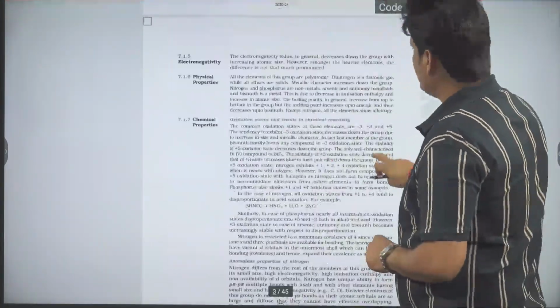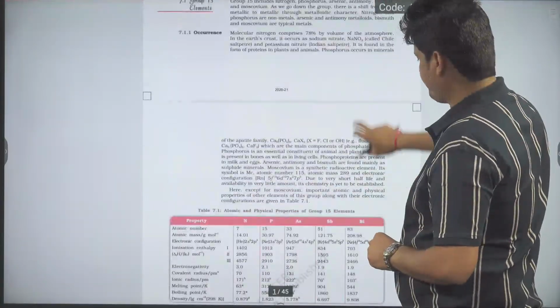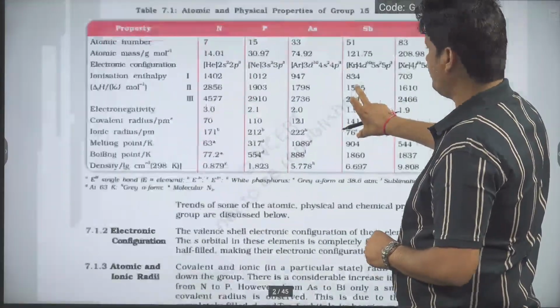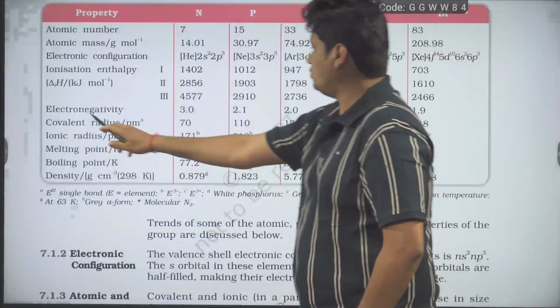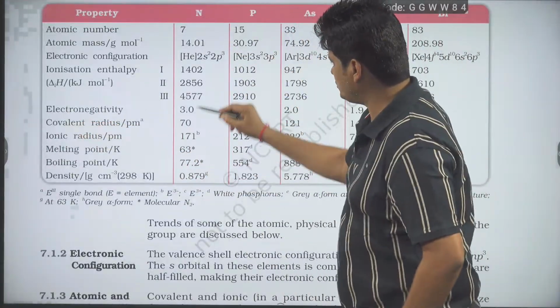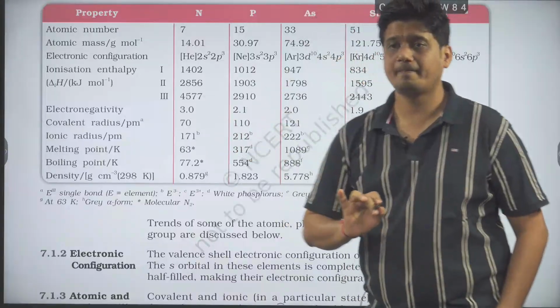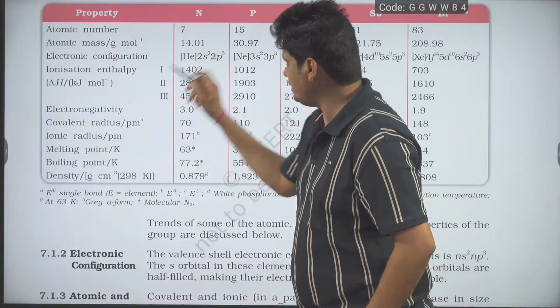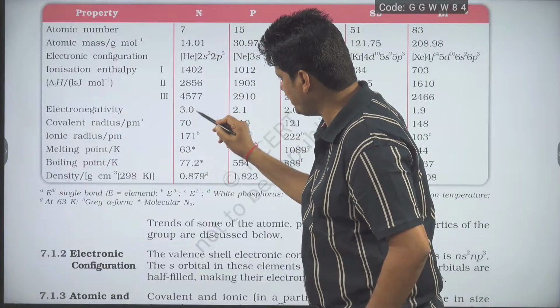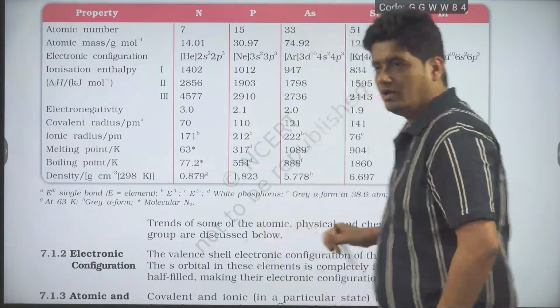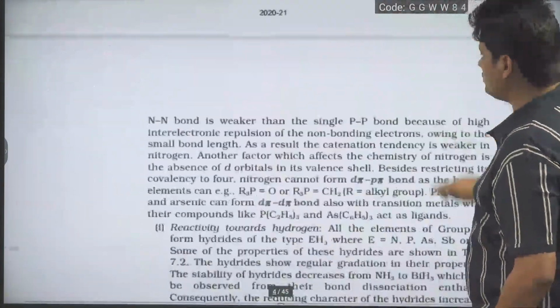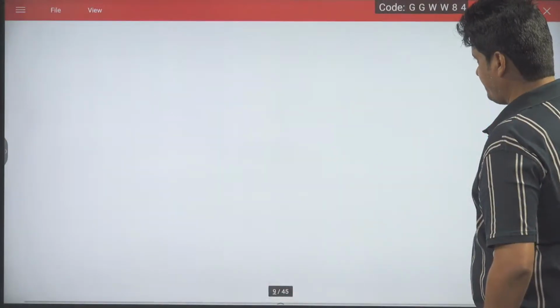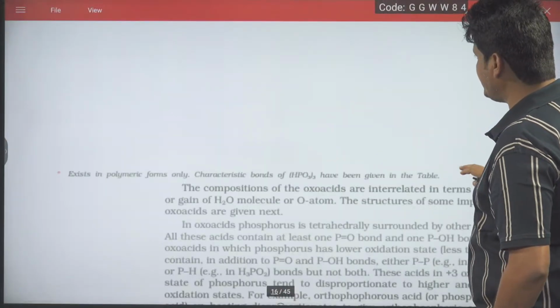Now see, in P block, for nitrogen, the electronegativity value is given as 3.0. Okay, you can check it here. Electronegativity of nitrogen is written 3.0. And when you go to group number 17,